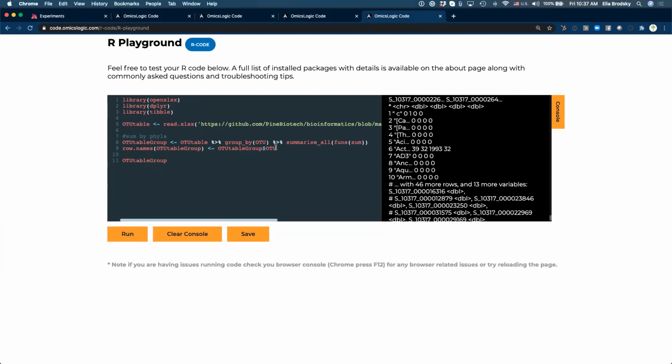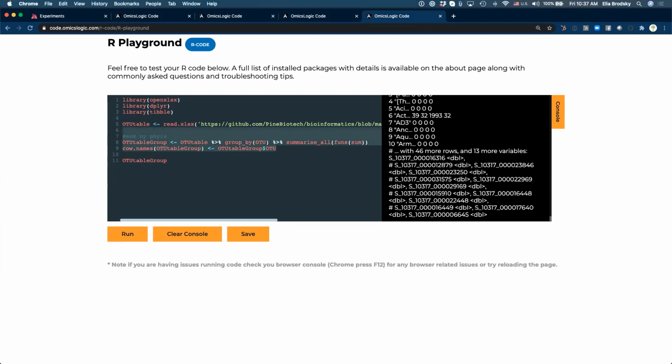Okay, let's see. So this is what I've got so far on my end. Let me know if it works for all of you, in case you're following along. All right, great. So we can continue on.